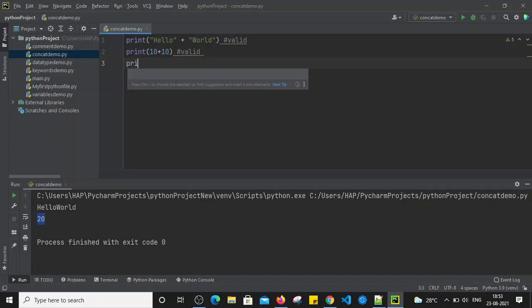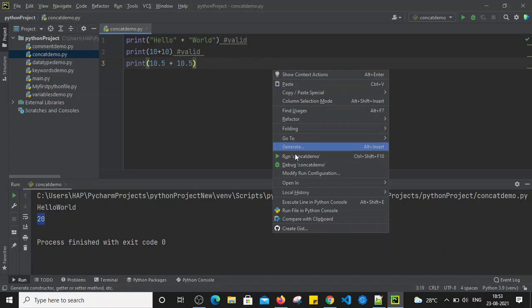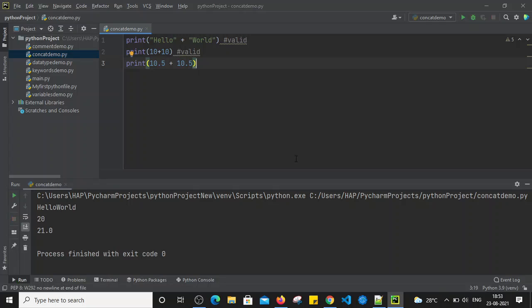Now let's say one more thing. For example, if I want to print 10.5, that is a float number, along with another float number, what will it return? Let's run this file. It will return 21.0. So it is also a valid statement.